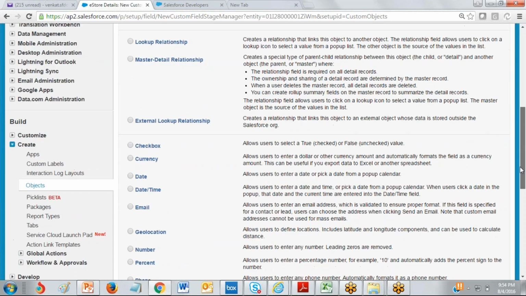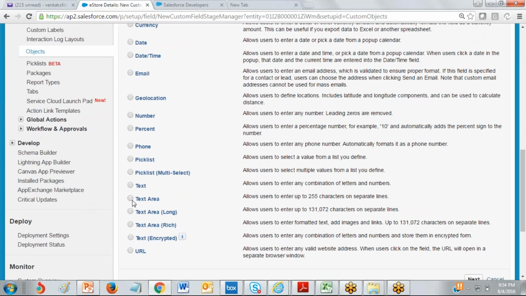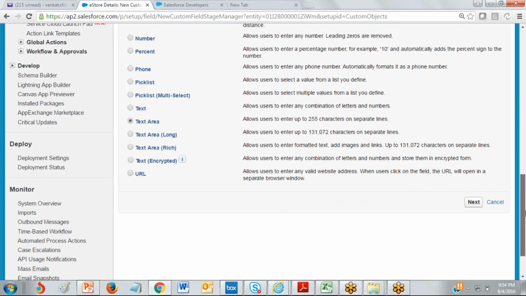Okay, so now I'll select text area this time so that the dealer can enter multiple lines of data. Okay, the address, the communication address. Text area means he can enter in this field multiple lines, up to 255 characters, in separate lines. Okay, click on next.